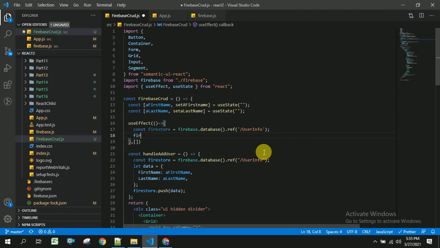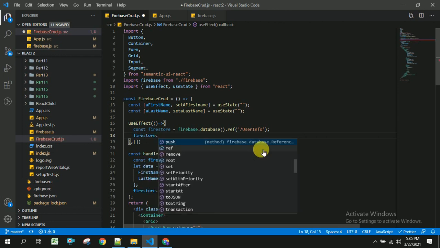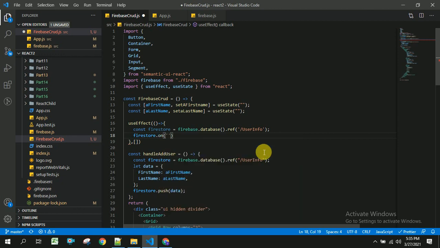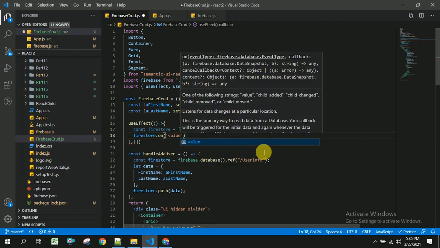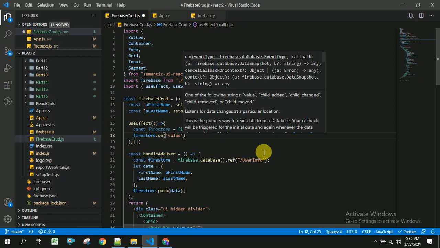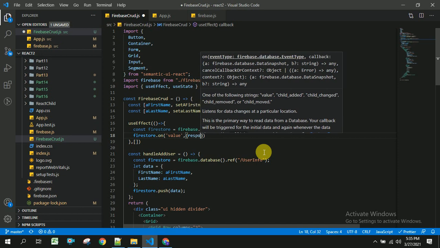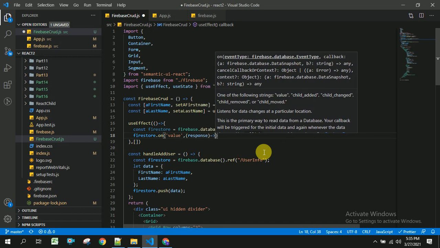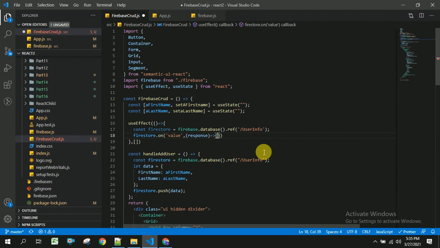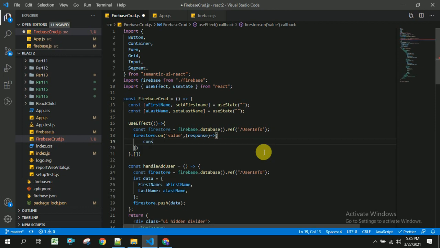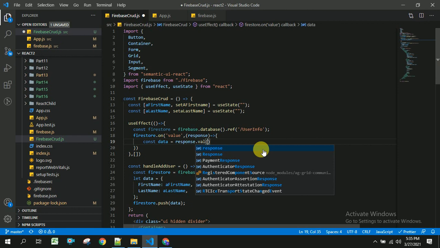This data will be inside the Firestore, and inside this we should be having the value parameter. Here I am going to take a temporary variable called data equal to response dot val.